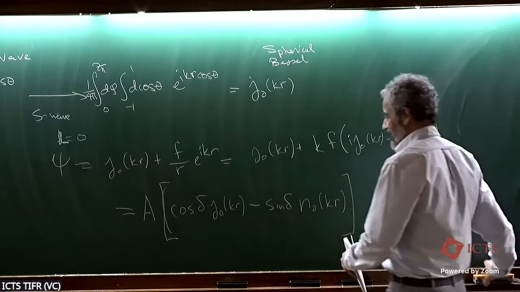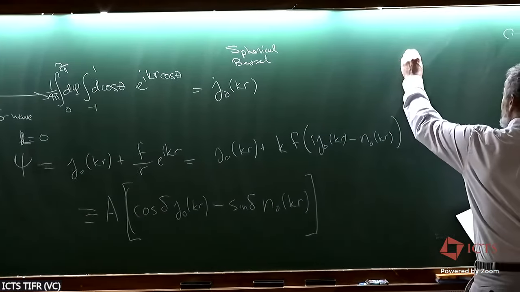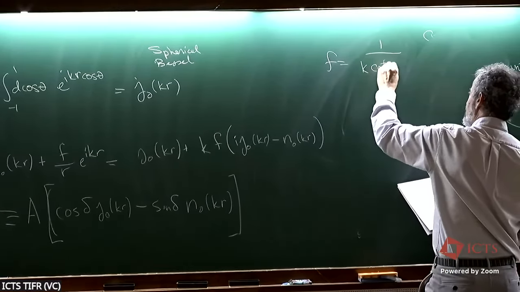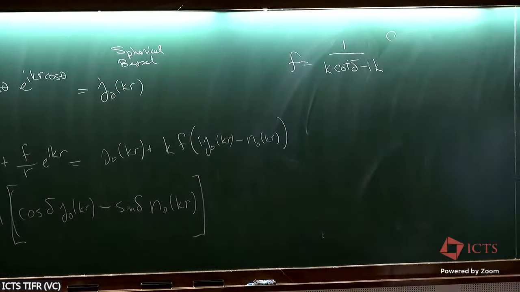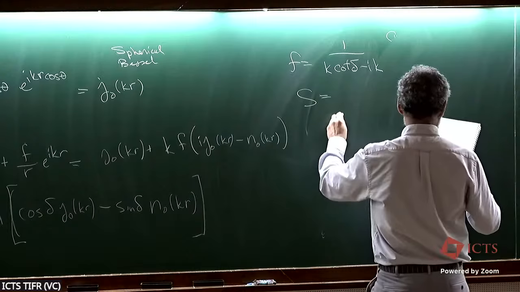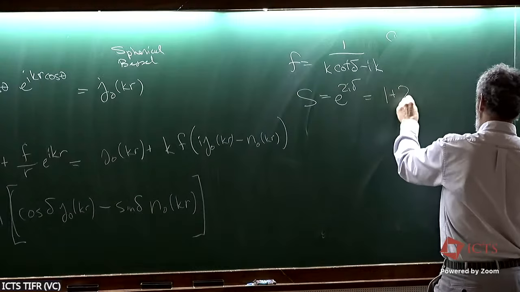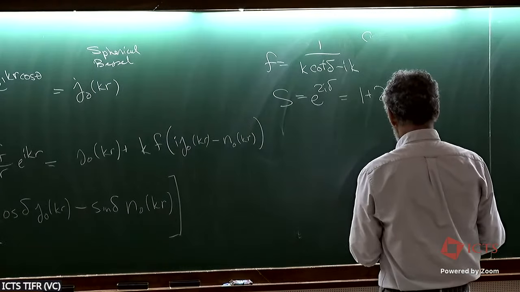So this is the definition, and the relationship then is that f is equal to 1 over k cotangent delta minus ik. And then your scattering matrix is e to the 2i delta, which is 1 plus 2ikf. And then this quantity here is very interesting